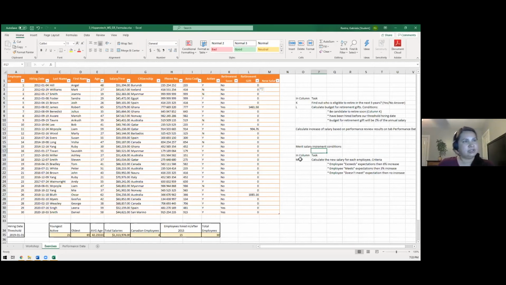So last but not least, we're going now to calculate the merit salary increment conditions. So here management wants us to calculate the new year salary. So that salary is going to be based on the current salary, but also on the results of the performance review from the employees. If we go here to the other tab, to performance data,